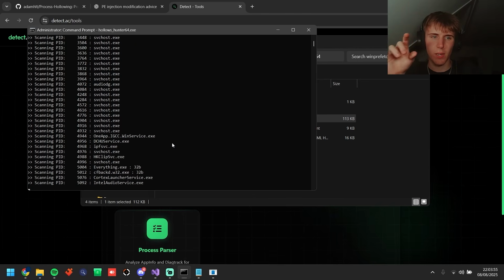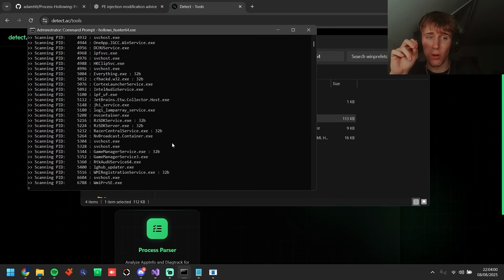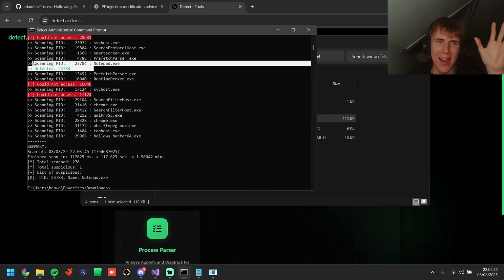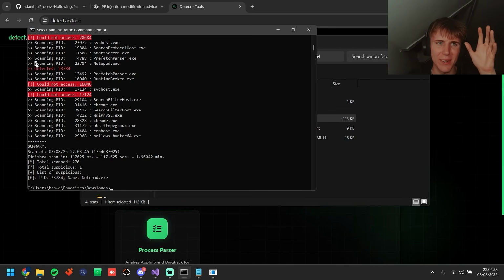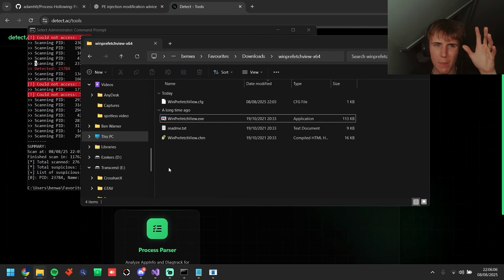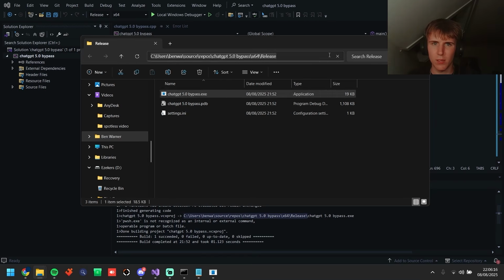So let's take a look, because what it should find is that Notepad has actually been hollowed. And guys, as you can see here, Notepad.exe was detected as a current process, total suspicious: 1, and it managed to find it, guys. So that is crazy. The free tool on GitHub managed to find it, Detect.ac managed to find it, and I guarantee you we should be able to find the file as well, the ChatGPT bypass 5. Hopefully. Let's go ahead and go to the folder again, grab the name, and see if we can find it